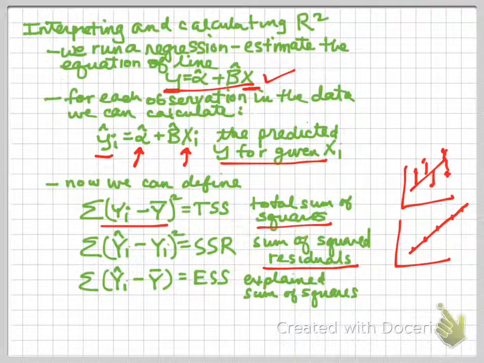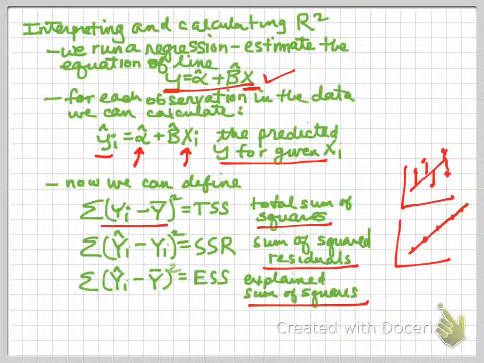And then finally we have something that we might call the explained sum of squares, which is the sum of squared deviations of y, and I neglected to put the squared sign there. So it's the sum of squared deviations of, or differences between, the yi hat that we've estimated and the mean of y. So it's the amount of variation in y, varying around the mean of y, that's explained